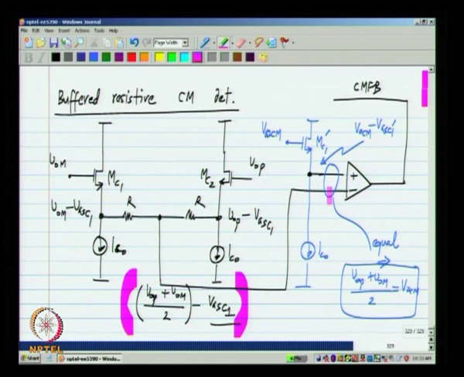Now, this is a very common effect with any active circuit, and with an active common mode detection circuit, the same problem will apply. But if you expect the swings here to be small, this kind of circuit can be used. Now, what is the problem with a nonlinearity in a common mode detector? The problem is that once the circuit becomes nonlinear, it will not react only to the common mode VOP plus VOM by 2. In general, it will be some nonlinear function of VOP and VOM. So, you will have some response to the differential component of the circuit as well, and that is not good.